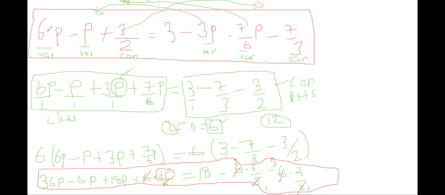So we will have 36p minus 6p plus 18p plus 7p, a continuation of what we were doing in the previous slide. 7p equals to 18